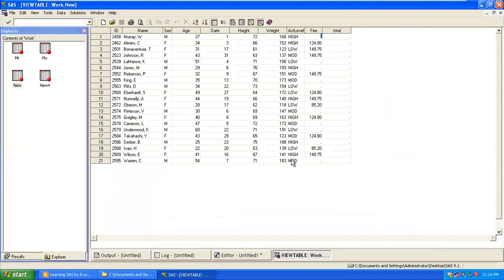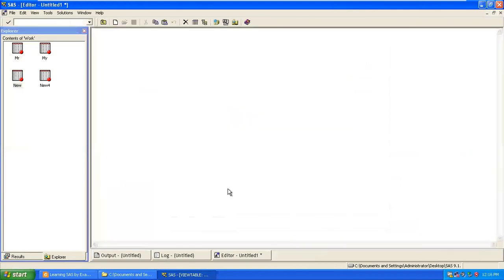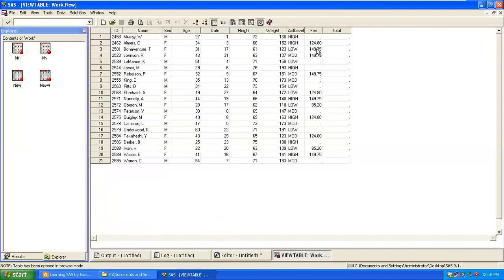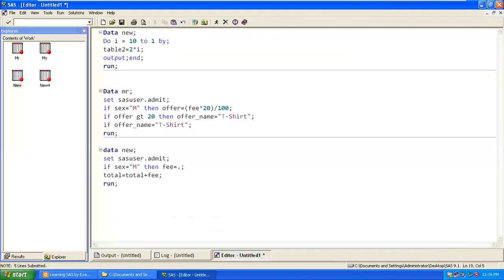I now wanted to make a total based on your fee. Correct. So ideally, if you look at fee, you don't have a value for male. Now you're trying to do a total. So see, when you go to the PDV concept, now you created a total column. By default, the total value is what? Missing. Correct. In a PDV, your missing value will be a dot.